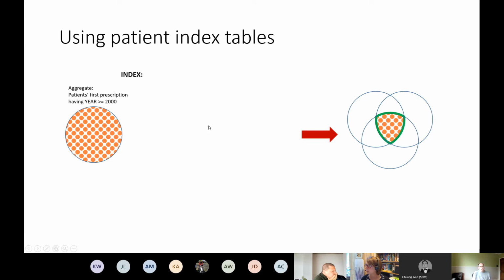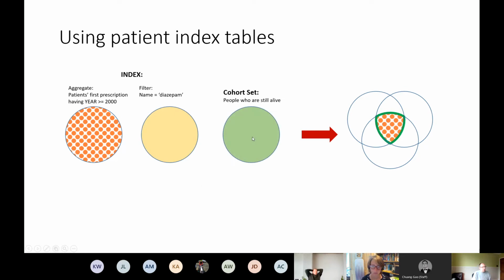But the idea is, if you're looking at something that, for example, might use some sort of aggregate level functionality. So this is another way we can take this first prescription. You saw the way we did it earlier, and we had a little discussion with Joel and Chang about how that comes together. But this is another way that we can do that. So if we've got our filter for diazepam, what we're doing is replacing the red component with an aggregate function, which in this case is the orange dotted section, rather than the red circle that we had in the past.